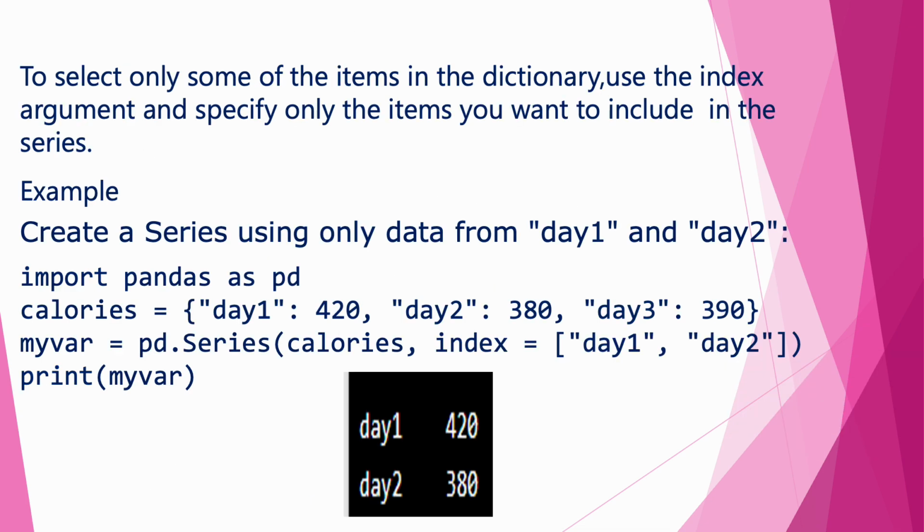Now if you want to specifically select only a few series elements, that is also done using a specification like this. You can include only those index positions, day 1 and day 2. Then in that case, day 3 won't be displayed. Instead, only day 1 and day 2 will be displayed here. Okay,